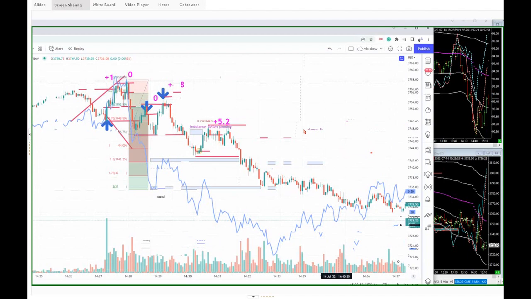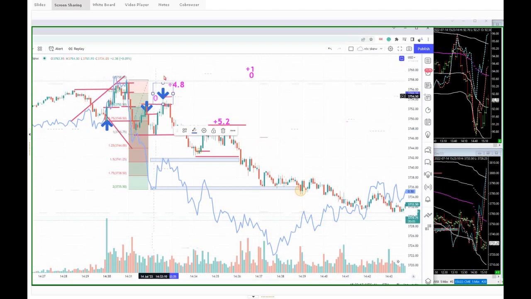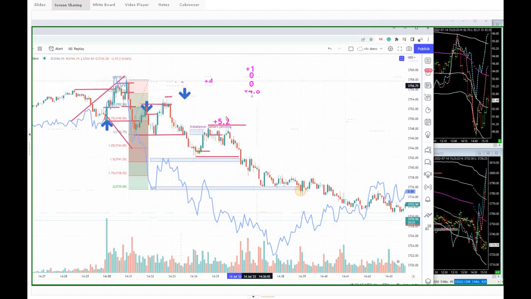We're coming into 1440. You've done your 10 minutes. You've done your 15 minutes of activity. We've taken a scratch. We've done a +1. We're in pretty good shape, right? We've done another 0. And then we made the real money. We made 4.8 times our money and 5.2 times our money. That's 10, 11 times our risk. If we're risking 2%, we've finished our day with a 22% return on our account. 10 minutes work, guys, 22% return on our account.